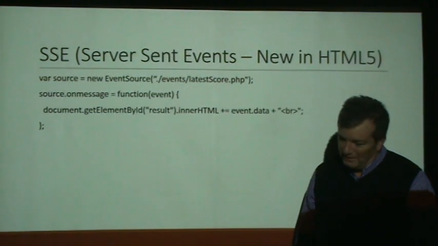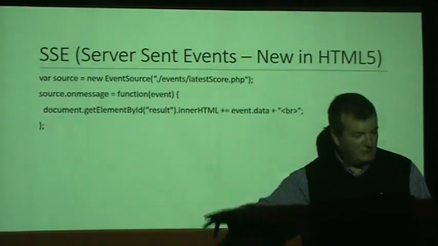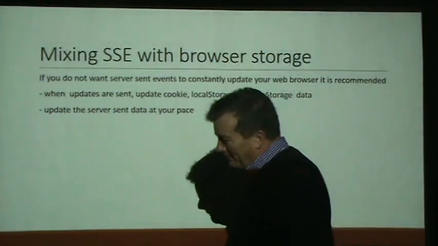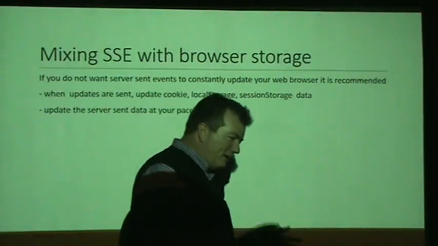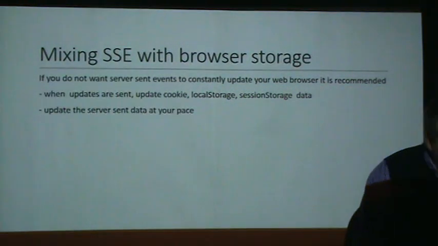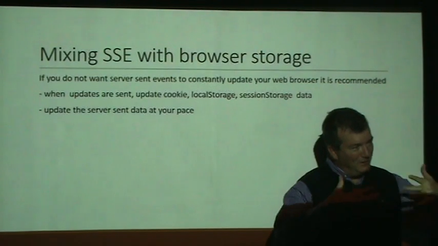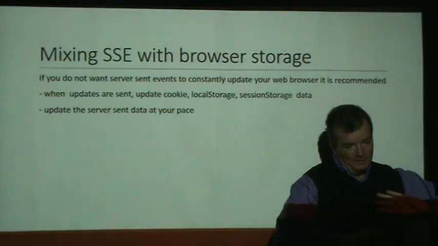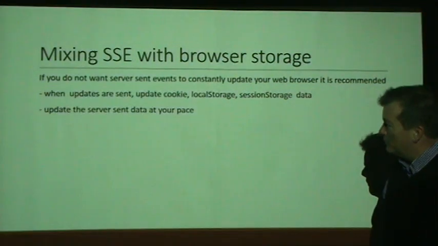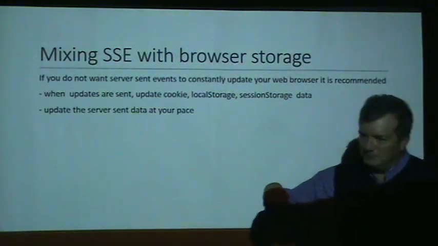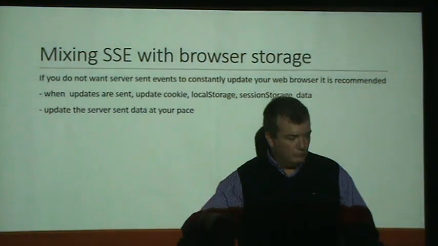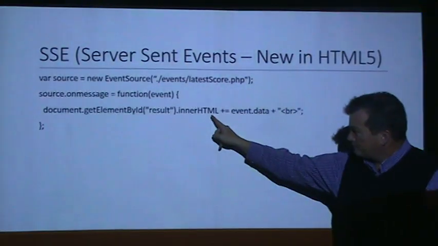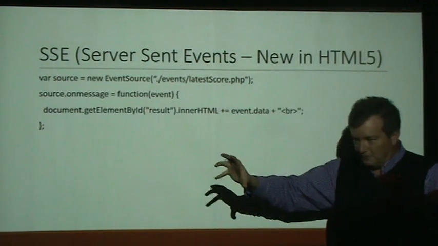So now the idea is, what if the server's sending too much information, too many updates? Maybe you don't mind, but maybe you only care about something specific. Instead of every time the score changes getting a new message, maybe you only care when the team who's winning changes. So what you could do is have the event come to your web page, but rather than update the inner HTML to actually see it on the screen,